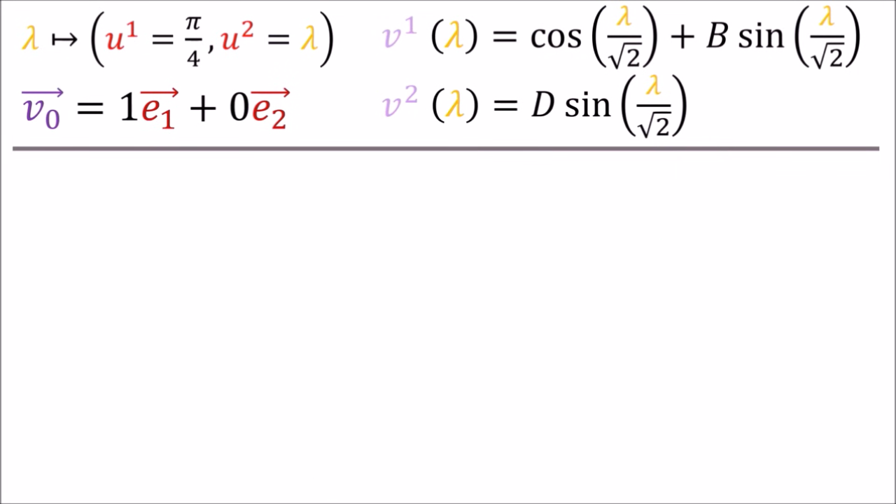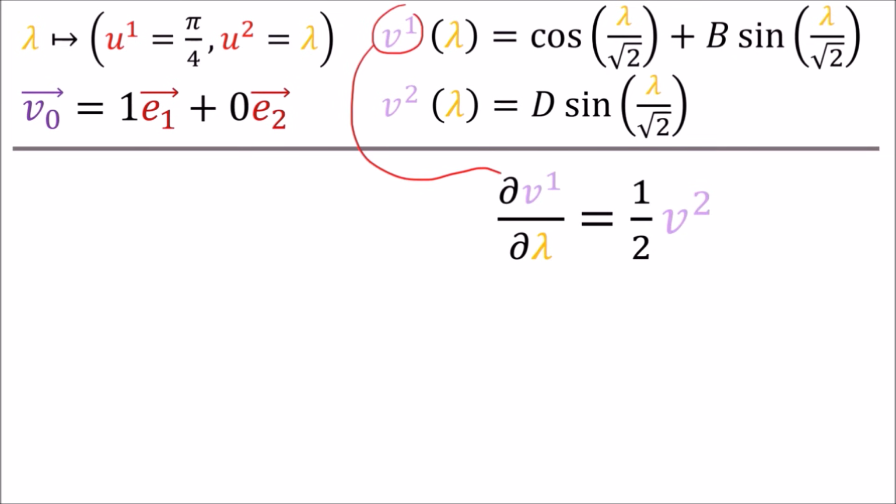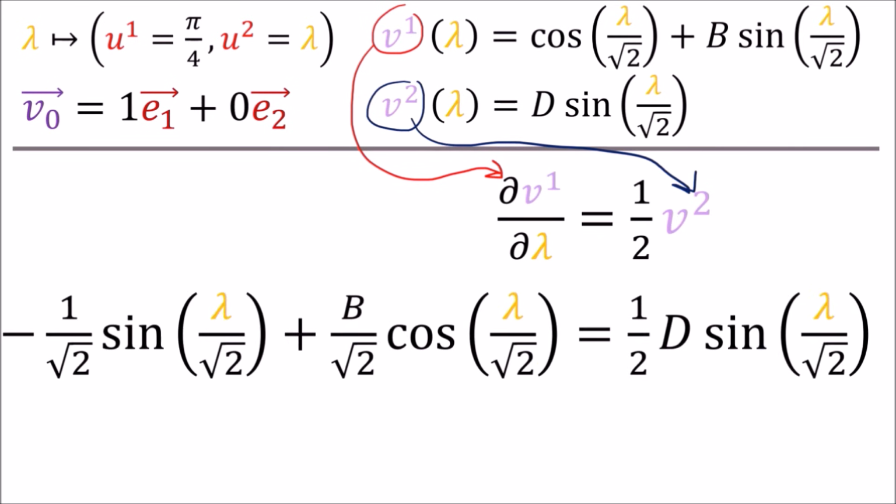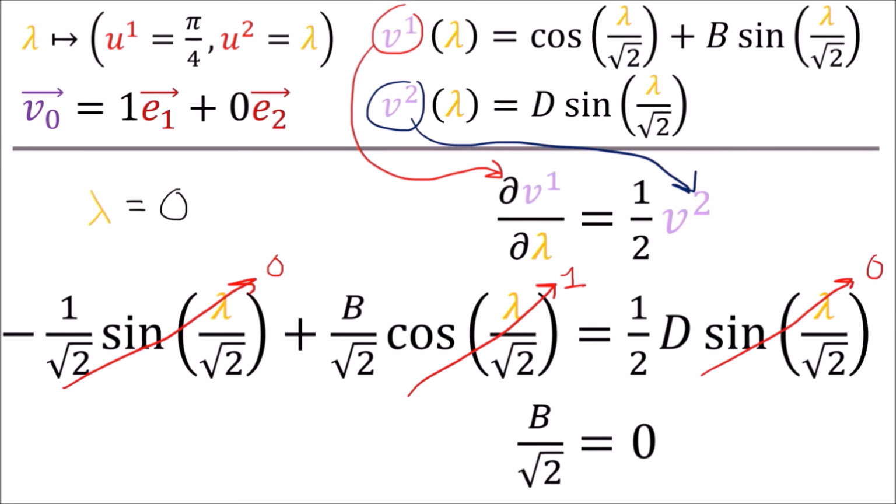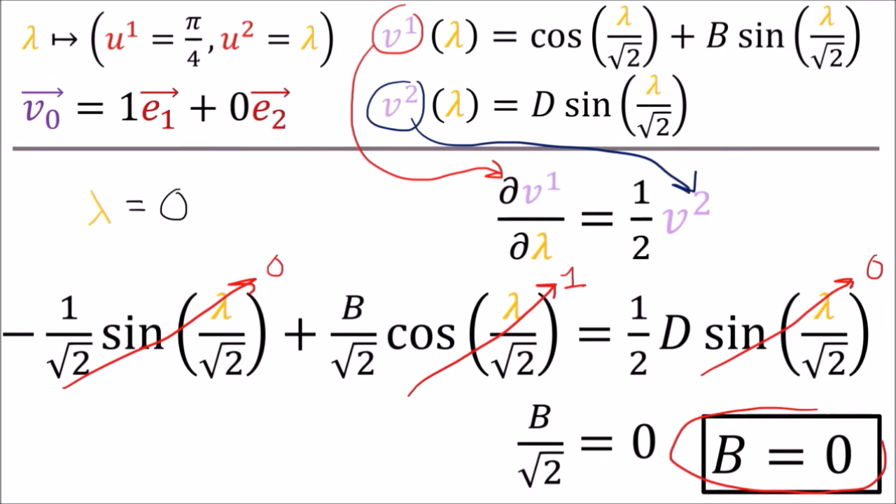So we can sub these back into our original equations. Now we need to solve for b and d. And to do that, I'm going to get you to recall this first differential equation that we had. If we sub in the first derivative of v1 and sub in v2 here, then we'll get this equation. And if we look at the initial point, lambda equal to 0, then the sine terms will go away to 0, and the cosine term will be 1. And so given this result, we get that b is equal to 0,